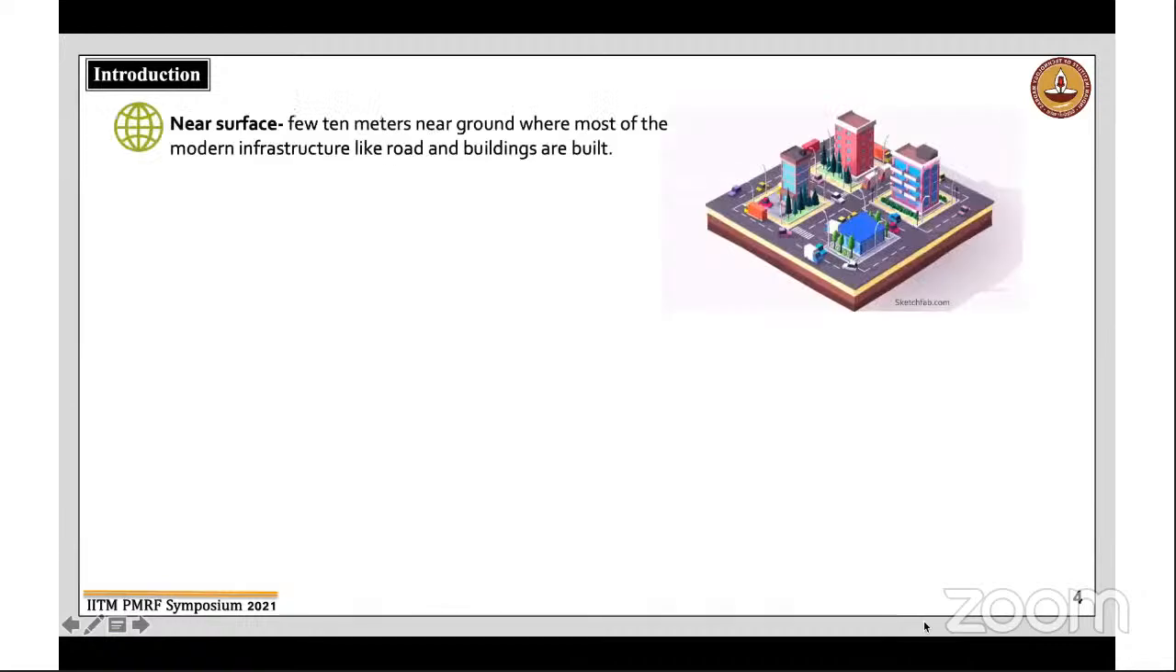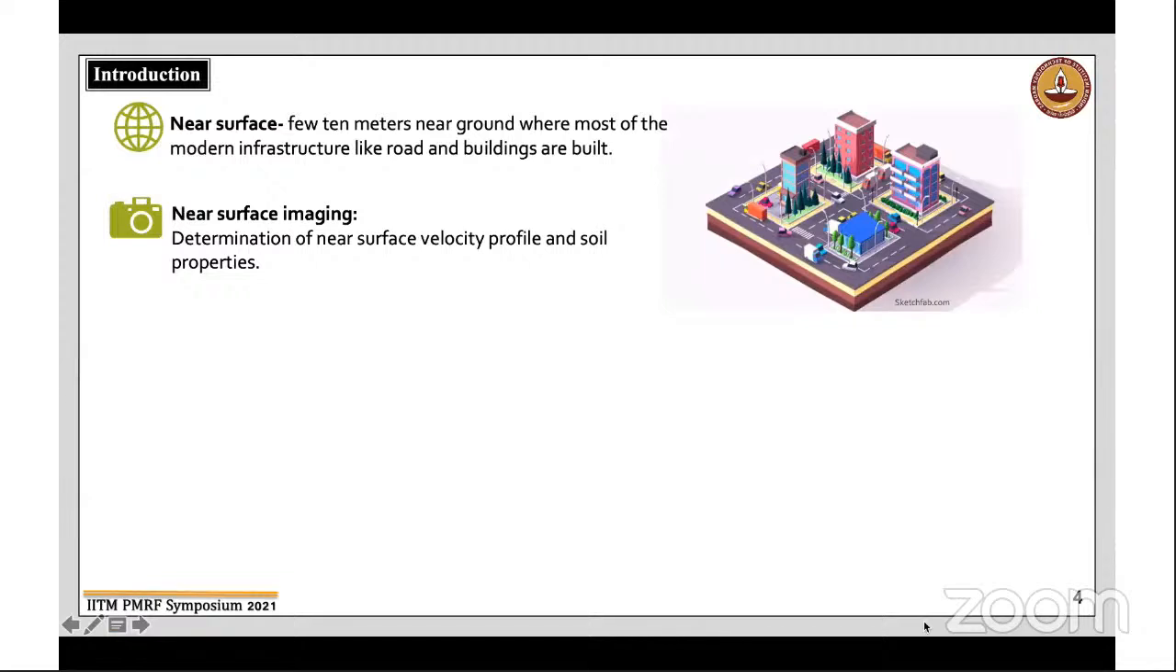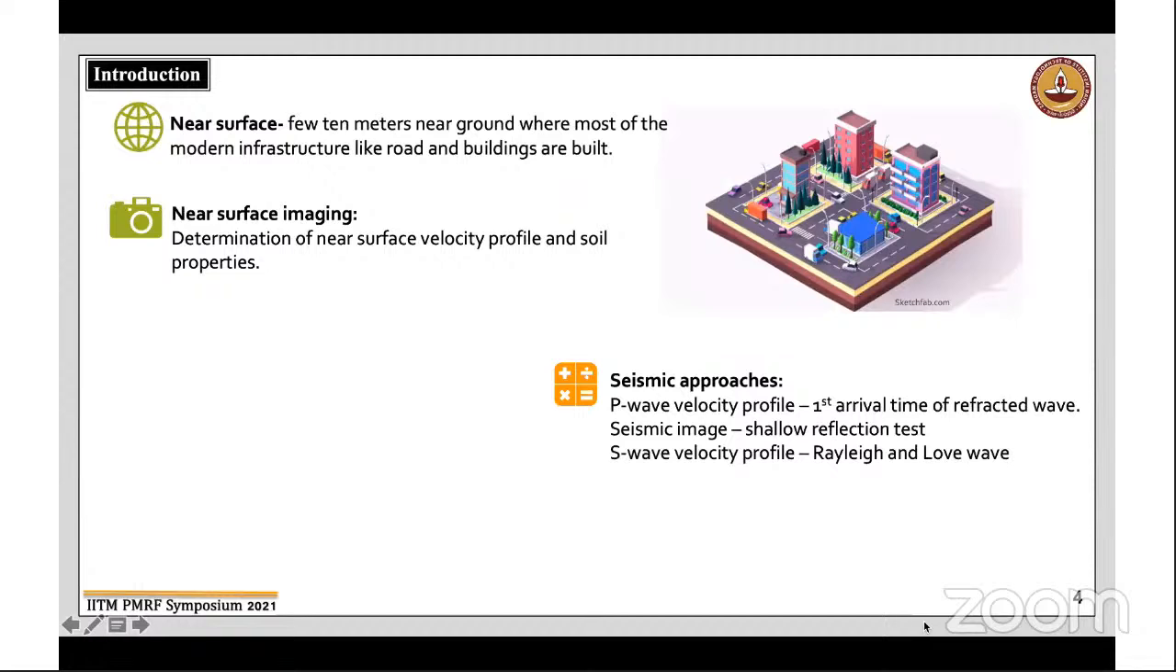Now, the near surface refers to the top few 10 meters of the subsurface, where most of the modern infrastructure such as roads and buildings are constructed. And near surface imaging means determination of the velocity profile and the soil properties. Depending on the type of the velocity profile needed, there are different types of technique, such as